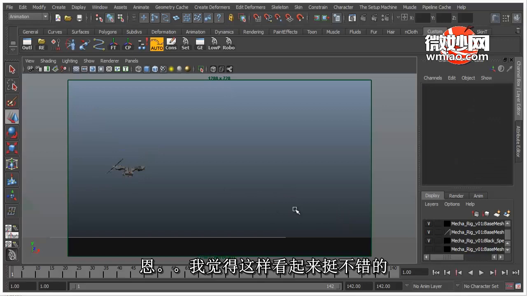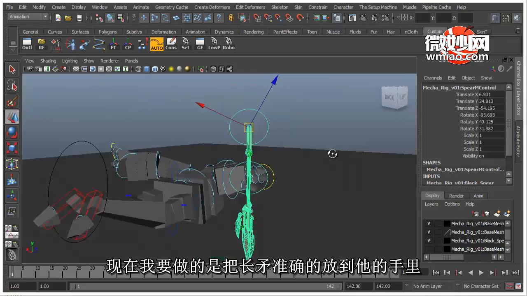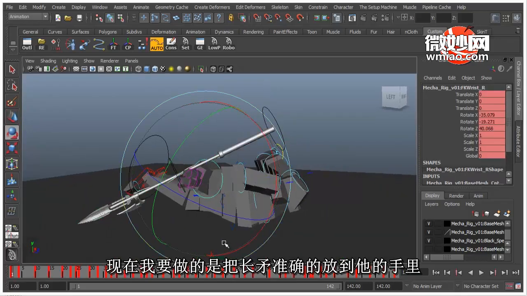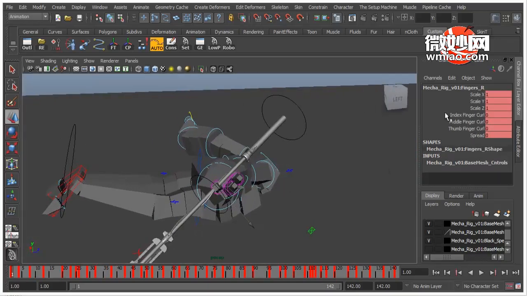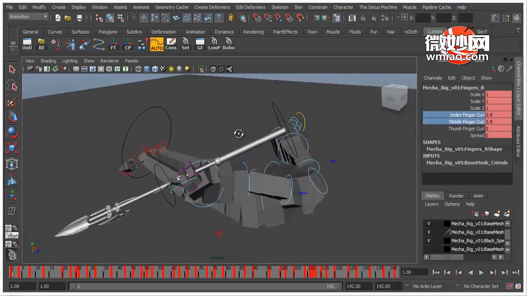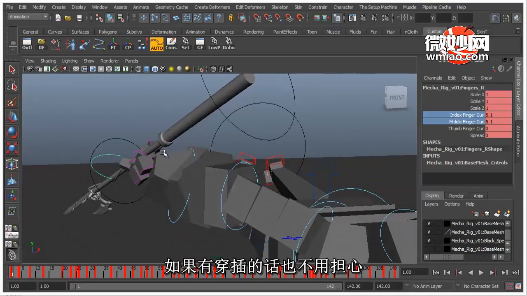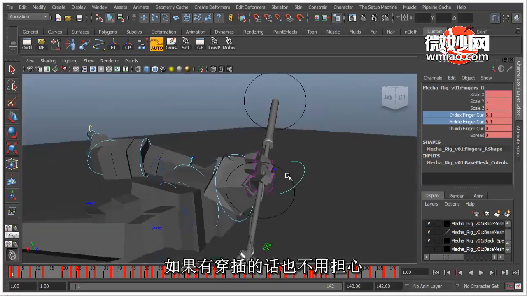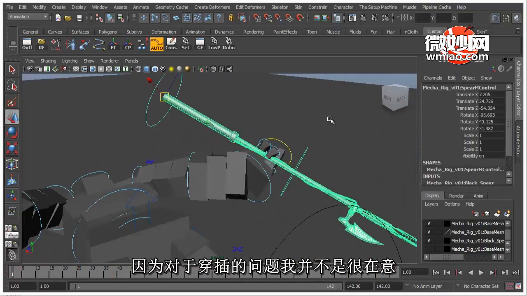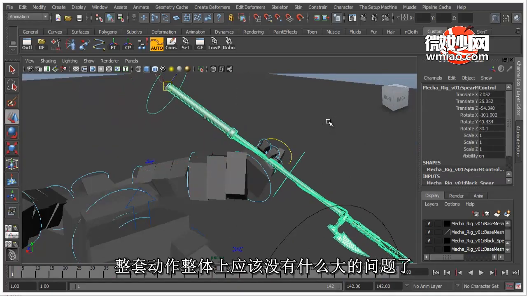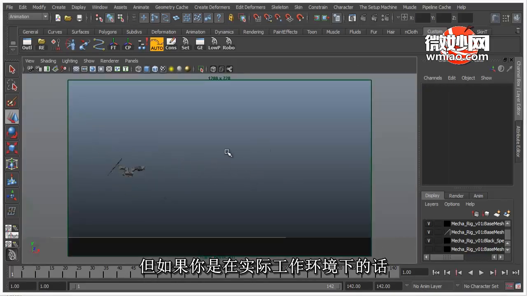Yeah, I think that looks cool. Now what I need to do is place it in his hand nicely. Rotate this part here. Make it a nice hold to the spear. Don't worry if it's penetrating or anything like that, because I'm not so much worried about all this. The main action should come out nicely. But obviously, if you're working on your show reel and all that, production works,